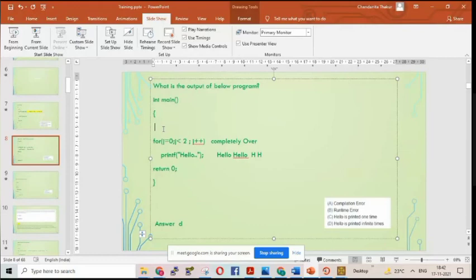Clear? Now control will move to the outer loop and the I value is 2. At that time, if only the inner loop was there, how many times would hello have printed? Again 2 times. Okay, I understand, ma'am. So in total 4 into 2 times hello will be printed.